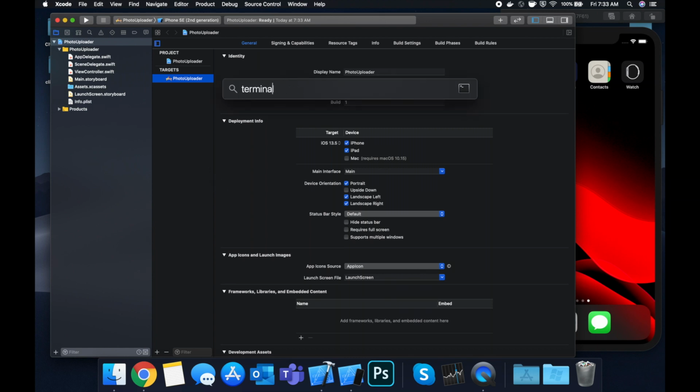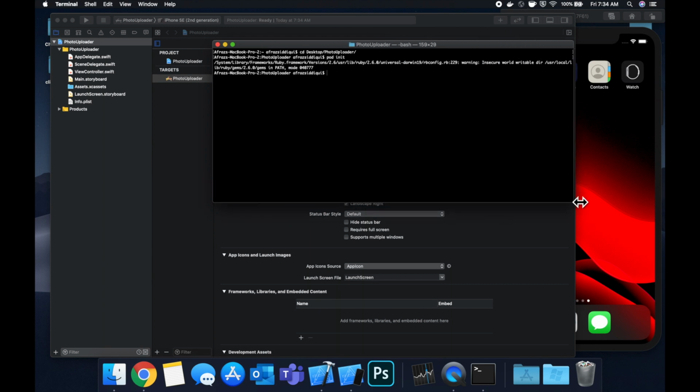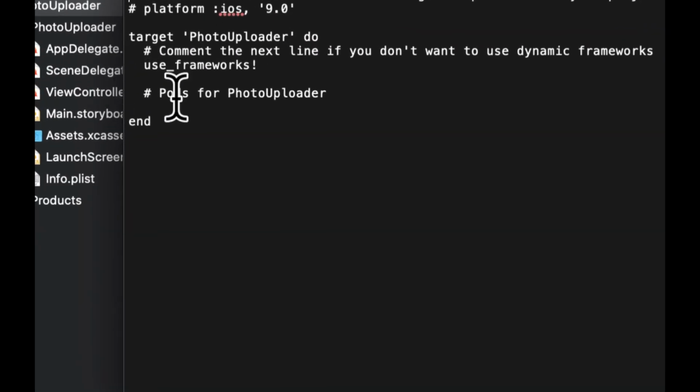We're gonna be using Cocoapods to bring in those dependencies. So open up terminal, and cd into your project, do a pod init. If you don't have Cocoapods installed, you'll get an error here, so you can Google how to install it via Homebrew. After you've initialized Cocoapods, you can open up the pod file, and in here we want to bring in